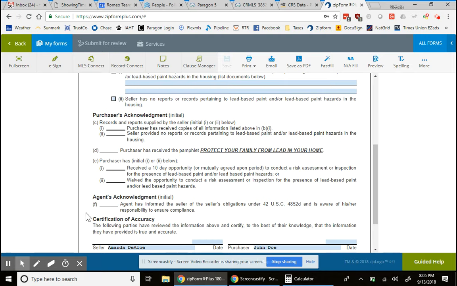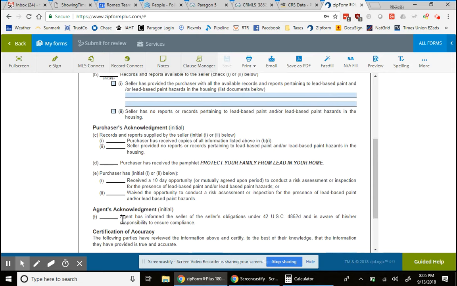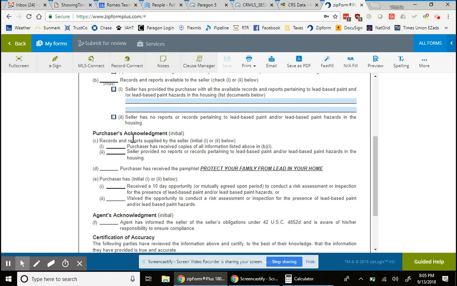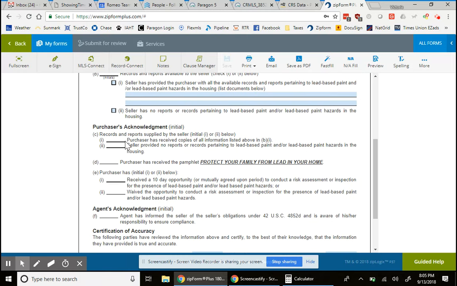Okay, but this should be initialed by the listing agent. The buyers should be initialing C, D, and E. There should be initials on every alphabetical line. Okay, so for C,